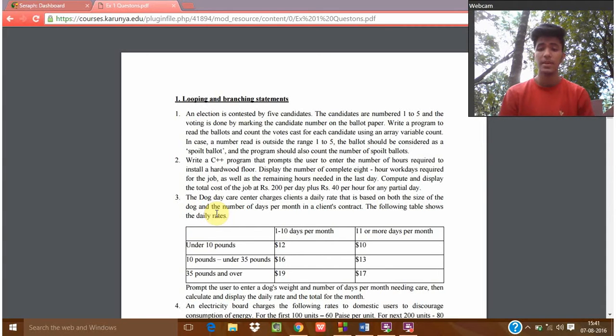So the first question we are going to do today is: the dog daycare center charges clients a daily rate that is based on both the size of the dog and the number of days per month in a client's contract. The following table shows the daily rates. This table is basically about the weight of the dog and the number of days the dog is taken to the daycare center. So, the program for this is